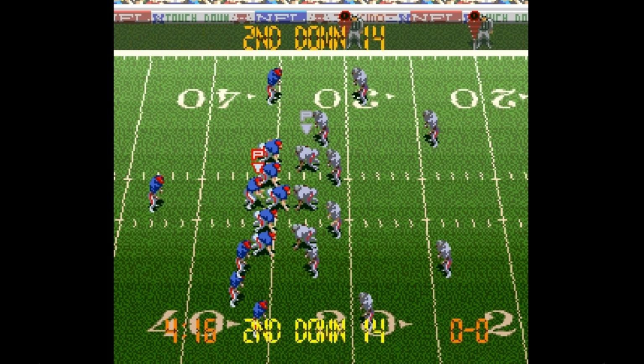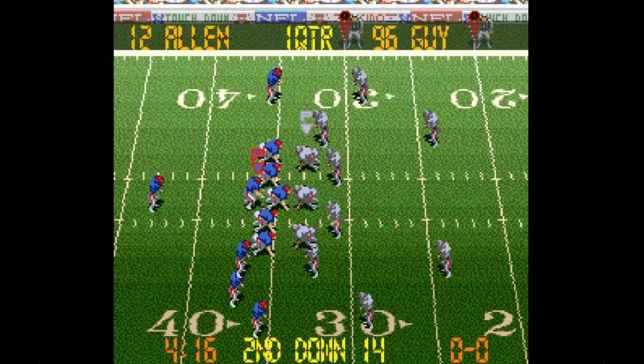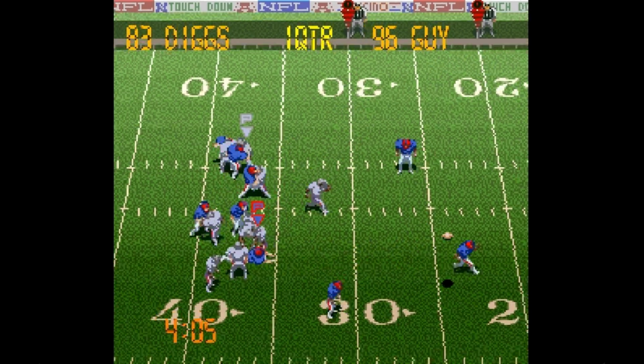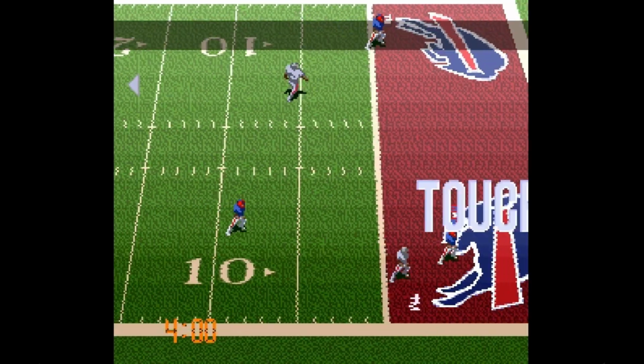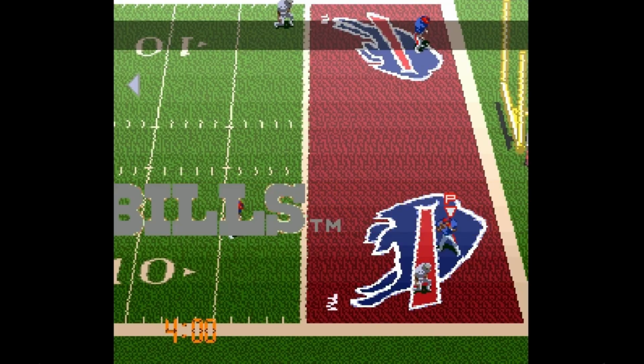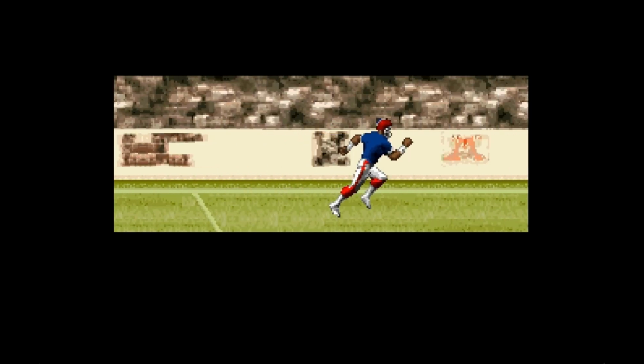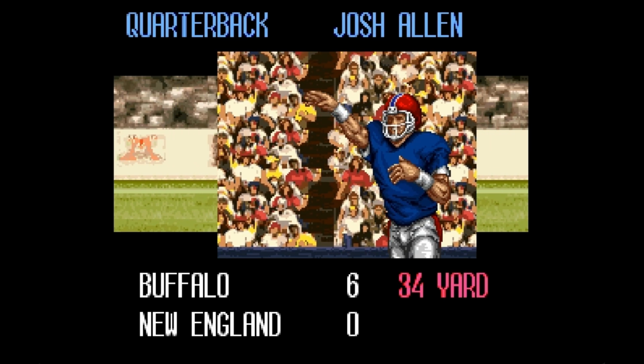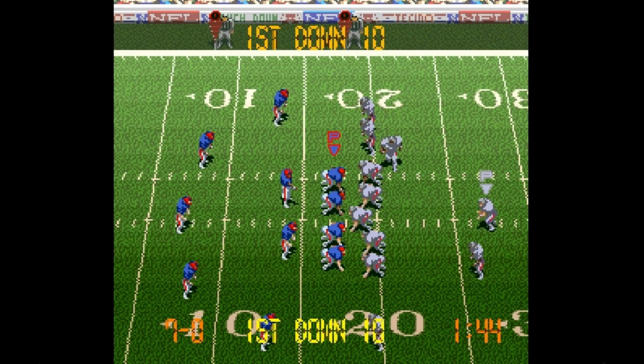The Bills race down the field on their opening possession. From the New England 34, Josh Allen steps up, throws to Stefon Diggs. Touchdown Buffalo. They waste no time getting this game going. They're leading this 7-0. The Patriots have moved the ball into Buffalo territory, in the red zone actually,